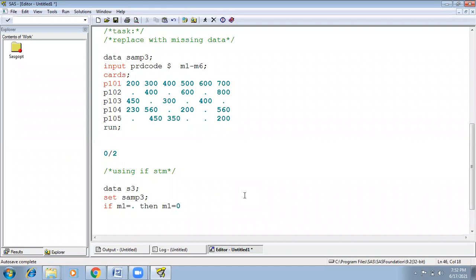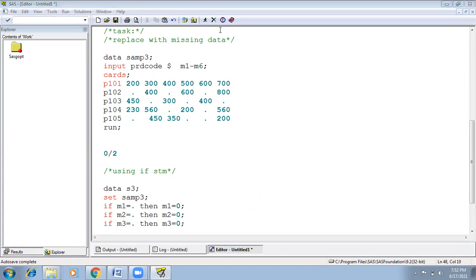Only one analysis there, that is a numeric variable, right? Same like if M2 equals dot, then M2 equals 0. These are the same operations, right? If M3 equals dot, then M3 equals 0. Same operations.